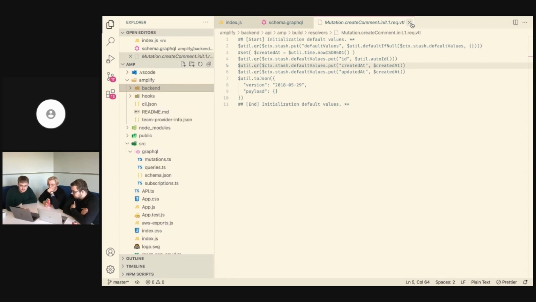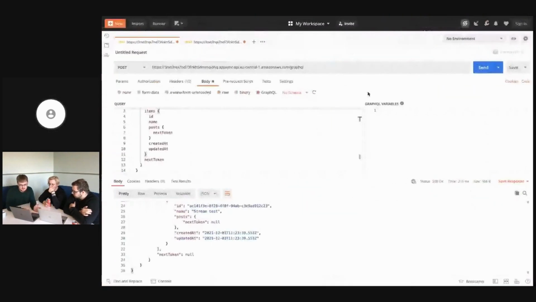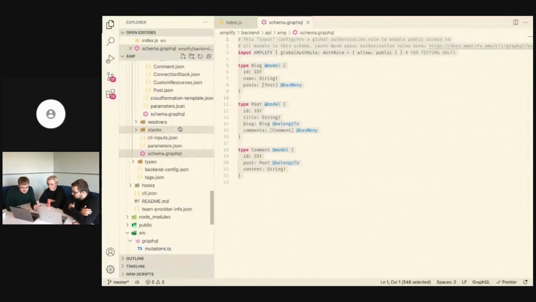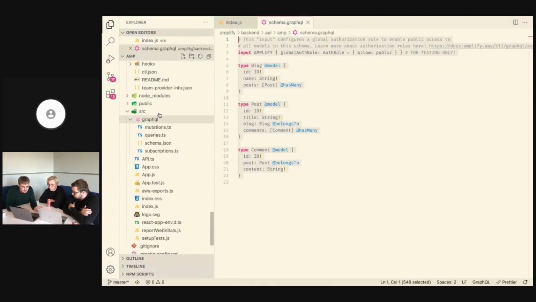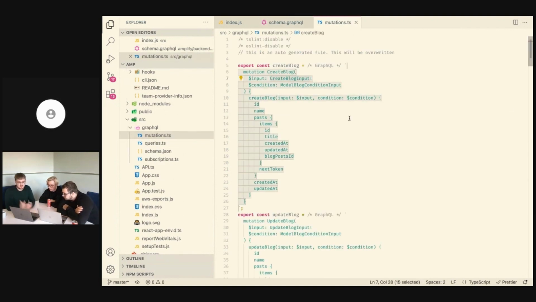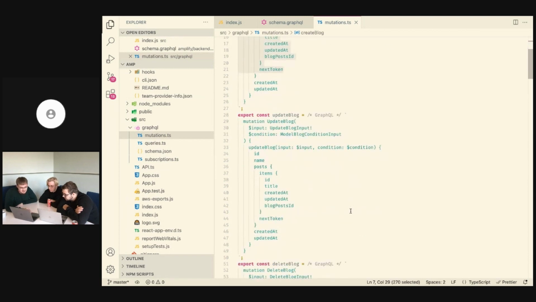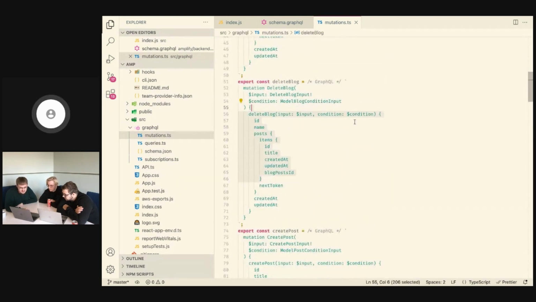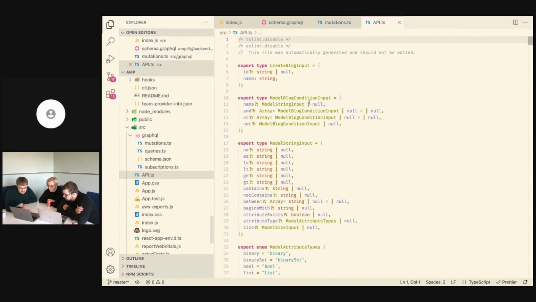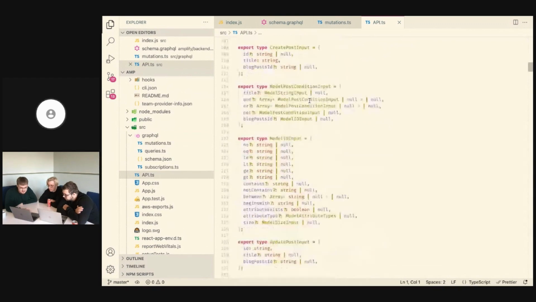And also one really cool thing is that you don't need to actually compose your own queries manually. And actually nobody uses Amplify in this way. It generates a GraphQL folder. So this is all generated code. And you can also select if you want JavaScript or TypeScript. So that's a really nice touch. And it generates all of the mutations for you. It describes everything that you would like to do. All of these are generated for you, and basically it also exports the types for TypeScript in here,